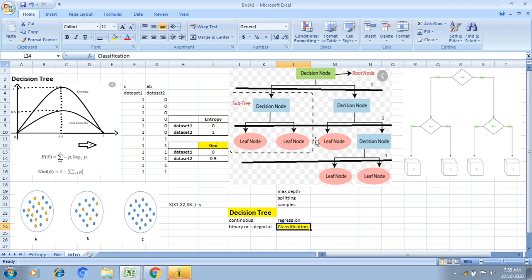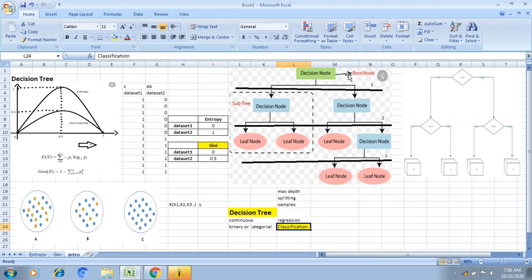Mainly, a decision tree is derived from conditional statements. This is an example of a conditional statement: a less than b. If this condition is true, then we check one more condition: a less than c. If this is also true, we print the value a. In a similar way, based on the conditional statements, we get the respective output value. Here every condition statement is represented with a decision node, and every output printing box is represented with a leaf node. This is the way we form the decision tree.